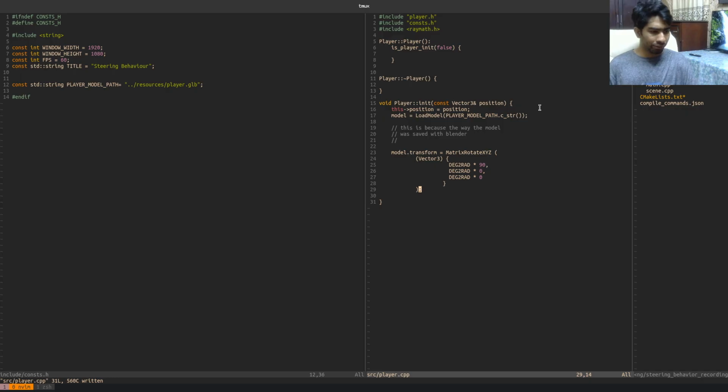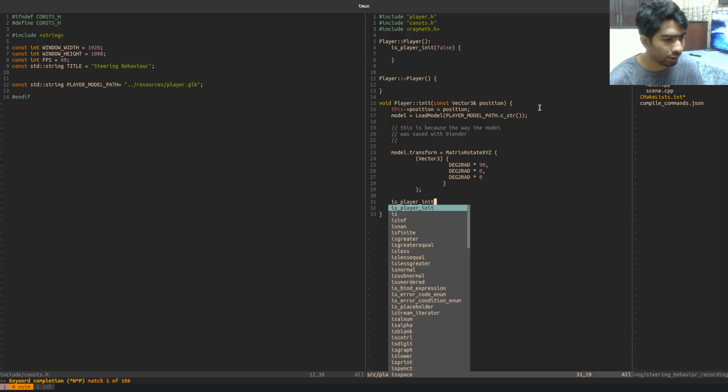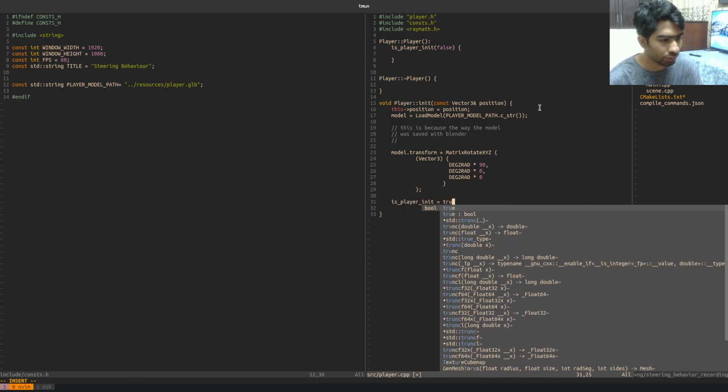Right, we have a basic rotation. So we need to actually set it to 90 degrees on the x-axis, and we're good to go. We need to do the render though. Okay, well, one last thing we need to do is player init is equal to true,